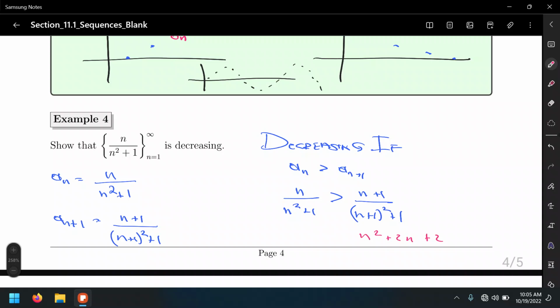So in this case, this is how we show that a sequence is decreasing or increasing depending on the case. All right, so we chose this time to do a decreasing sequence. Okay, so